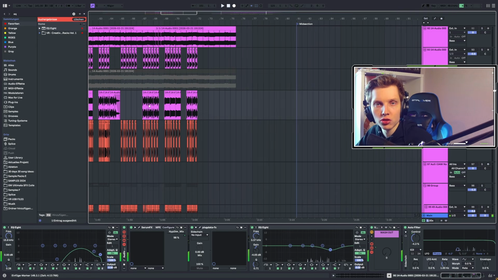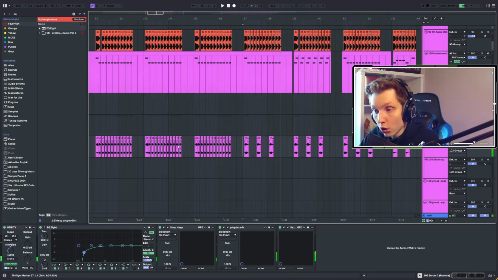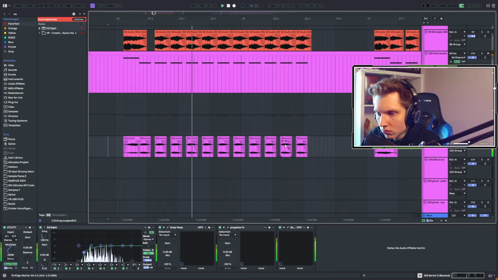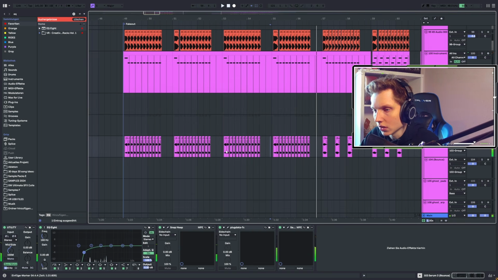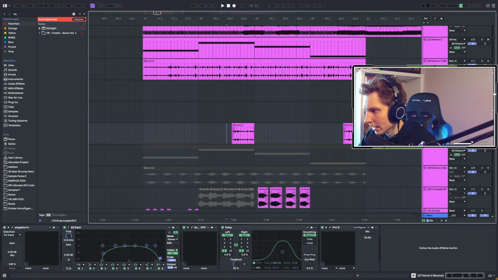And yeah, this is really fun to just add nice emphasized hits. These right here, which was also a render of Beam. And I just used it to support the lead melody. We have these sounds going on,